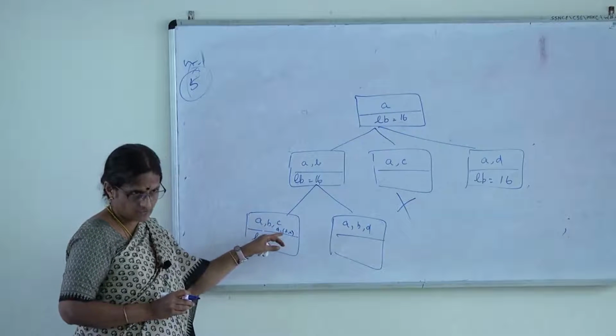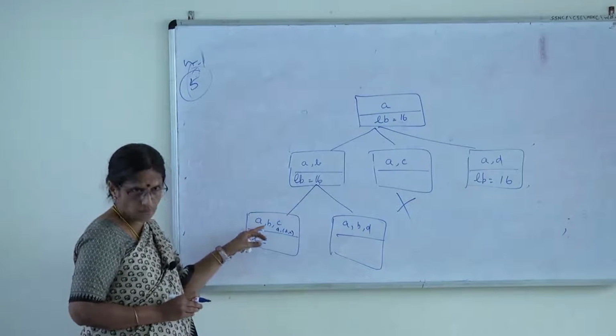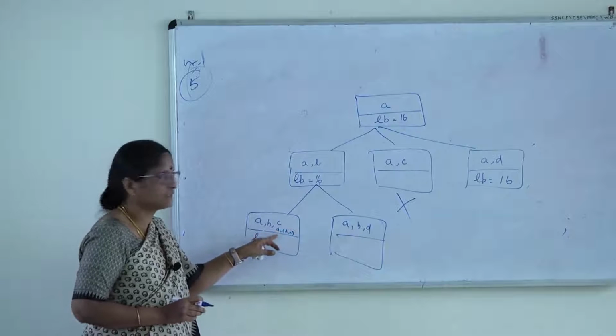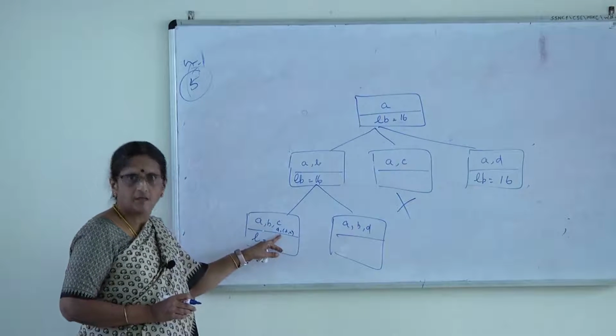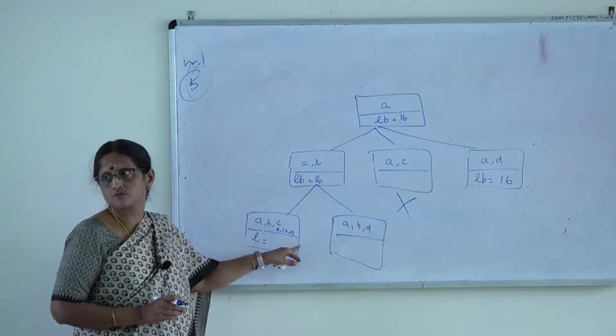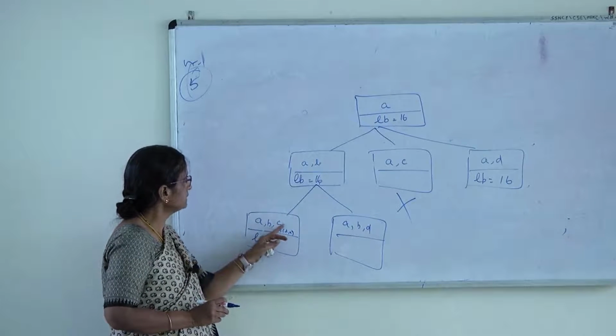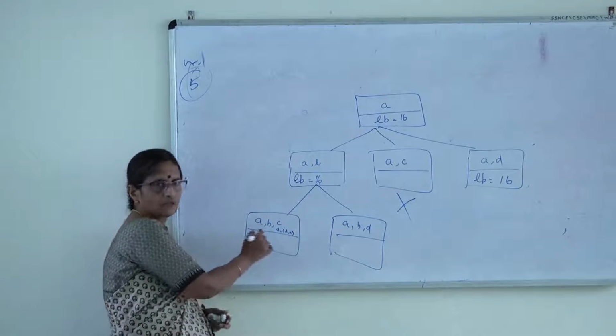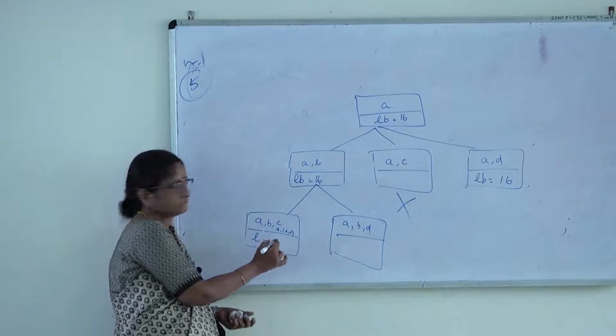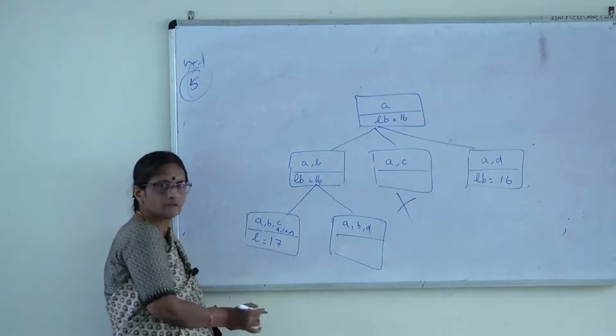Because after B I want to visit C. Assuming I visit C, I am left with the remaining vertex which is D, and I have to go back to my original place, so it is DA. So the edges that we have traversed are AB, BC, CD, DA. What is the total count? Somebody say 17.